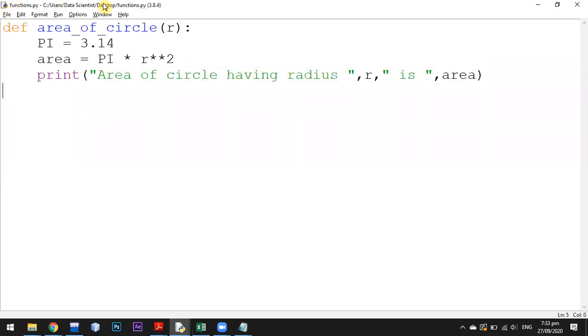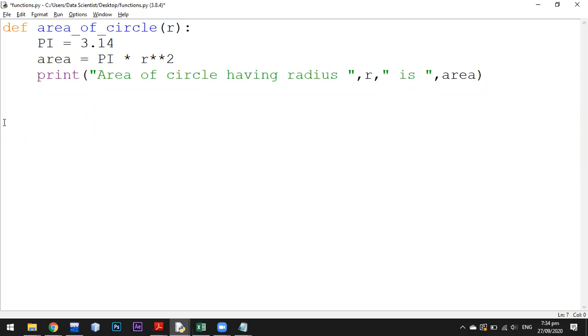So whatever radius I will pass to that function, it will calculate the area of the circle for that particular circle, whose radius would be whatever I give it. Okay, so let's call that function. Make sure your cursor is at the beginning.